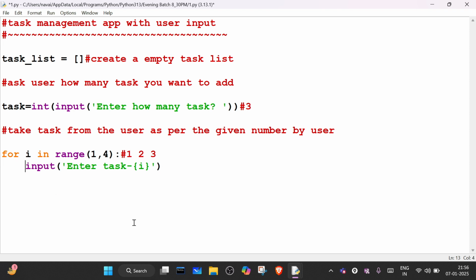Then each time we have to store the task. Okay, add task, I'm creating a variable called add task. So add task, we have to add this task into what, into the list. So tell me one thing,